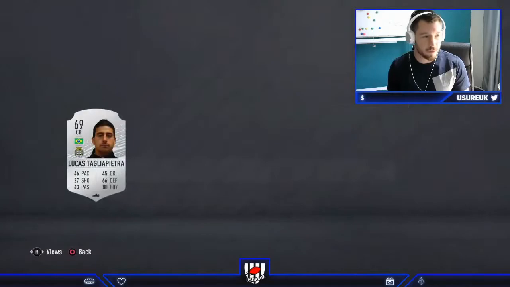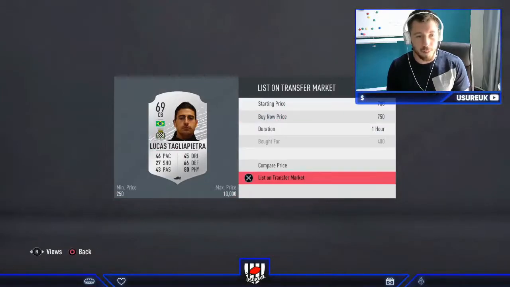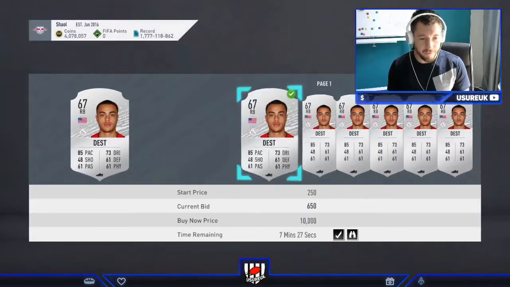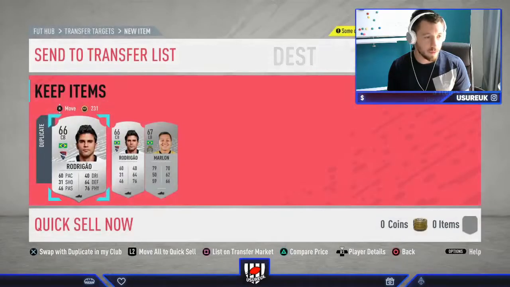Just list them up for 750, 800. So we've got too many of this guy. It's a bit of a problem. But we'll list them up anyhow, and hopefully the demand for Liga NOS SBC today is strong. This guy we got for 850, but I don't think it was that good a buy. We'll just list him up and hope we can get a 1.1. I wouldn't be very good, but